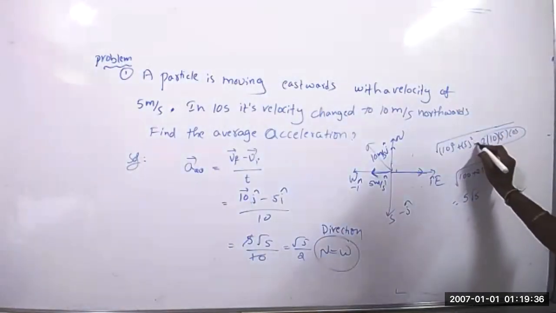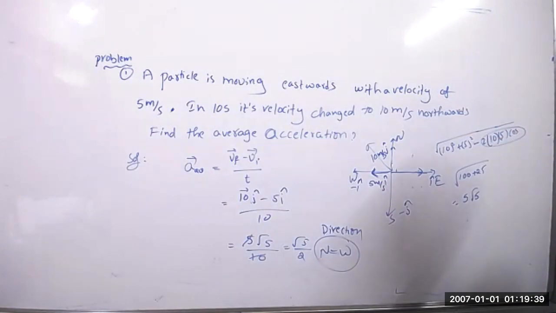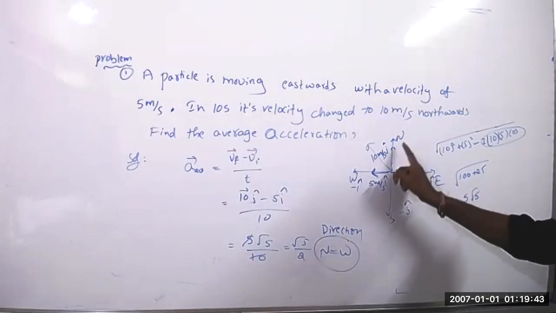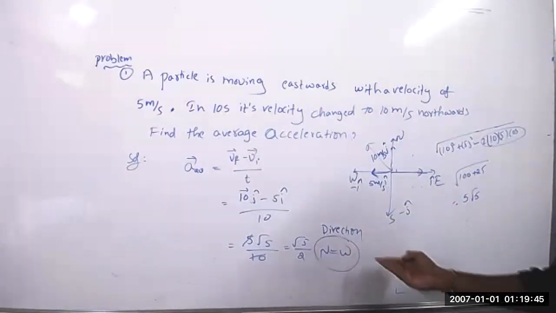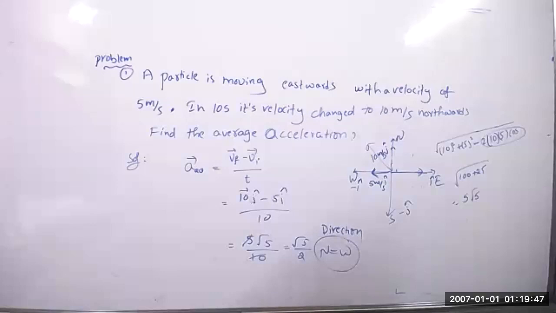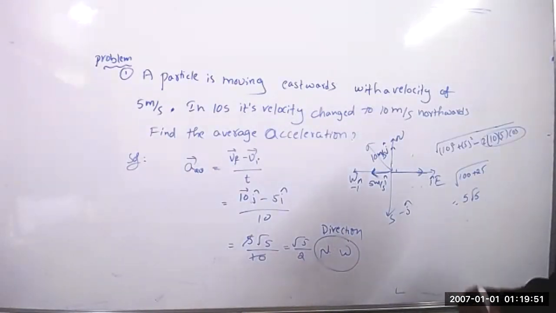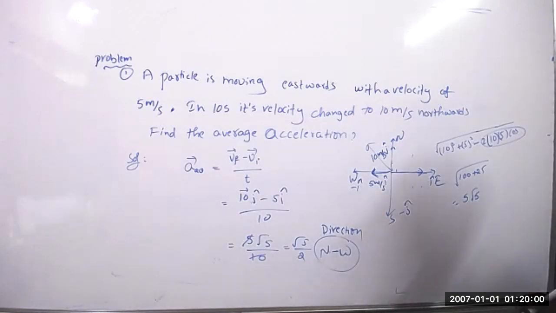I didn't understand one part. Why did you write down direction N is equal to W? Now what direction is the resultant? Resultant is in northwest. That's what. Okay, it's northwest. Yes, northwest direction. Okay, sir, it looks like N is equal to W. I understood. Northwest direction. Okay. Yes, sir.